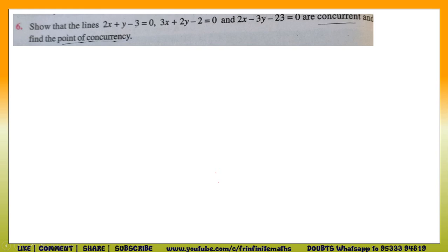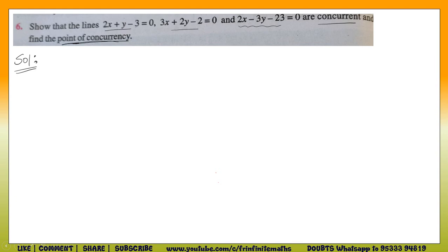So here, to show that these three lines are concurrent, we have two methods to solve. The first one is by solving any two of the equations, finding out the point of intersection, and directly substituting in the third one. If it satisfies, then we say that the lines are concurrent. There is one more approach, which is nothing but finding out the determinant of the coefficients of the three lines, and if it is equal to 0, then we can say that they are concurrent. Okay, in this particular situation, since we need to find out the point of concurrency, we are going with the